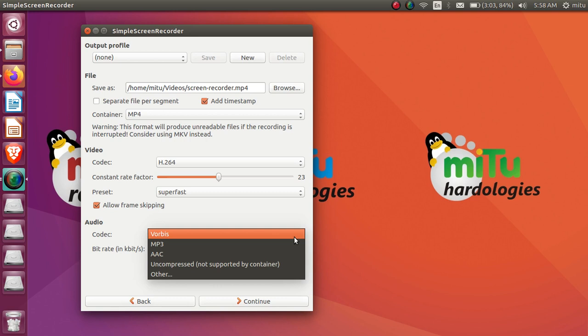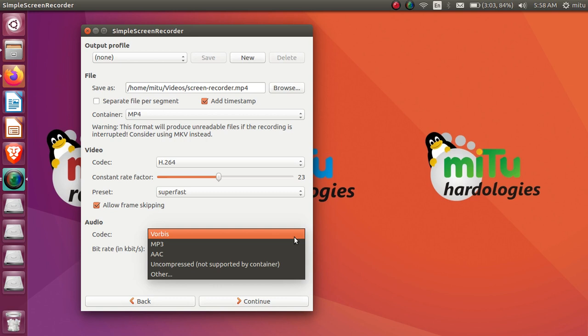Only the size of the file will differ. MP3 is very commonly used, you might be aware of MP3. MP3 is a very standard format, very commonly used to store data in the form of audio. So that can be used. MP4 is a video format and MP3 is an audio format. After that I have the AAC format also, which is very rarely used.